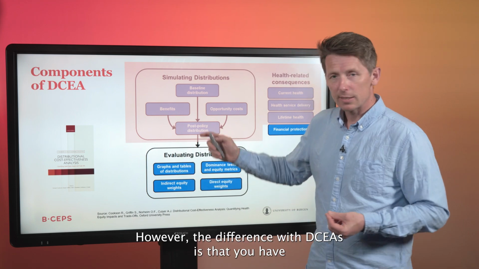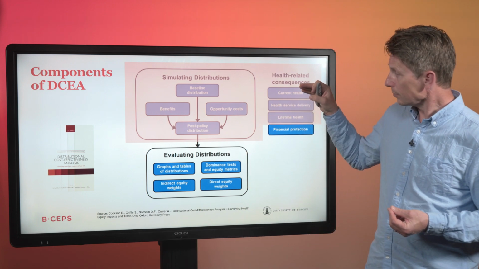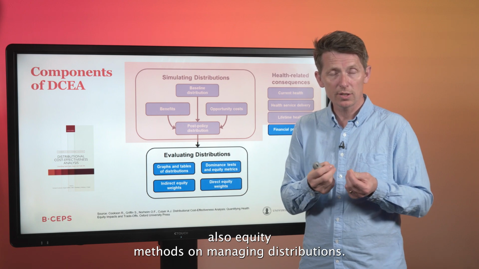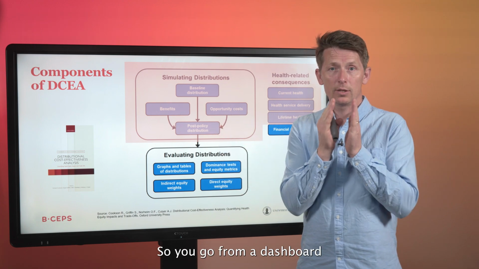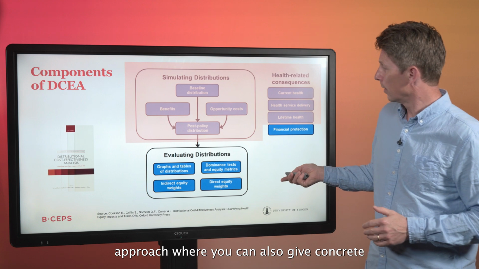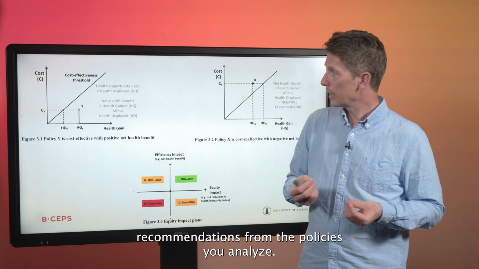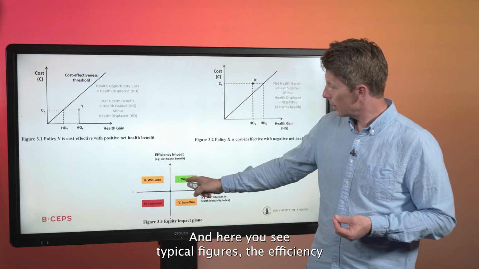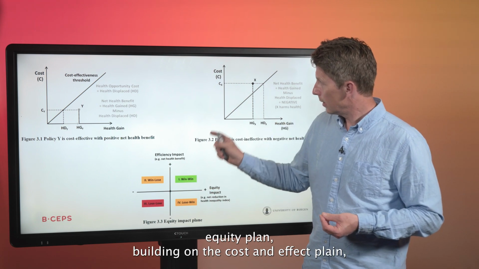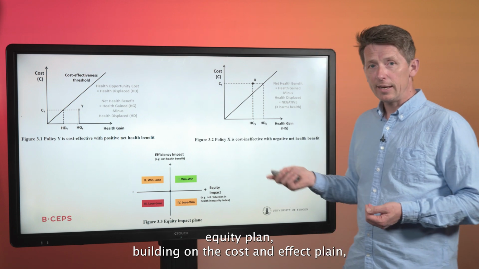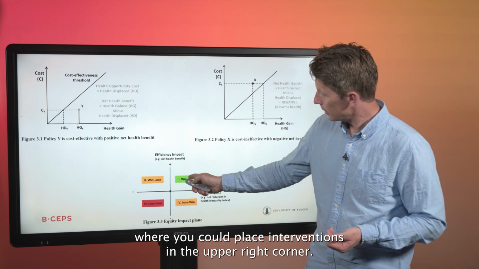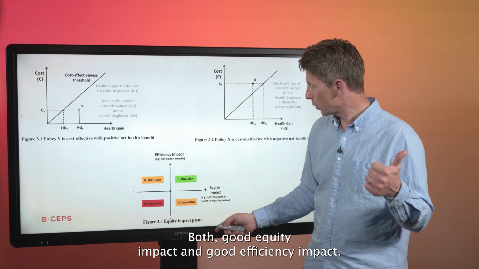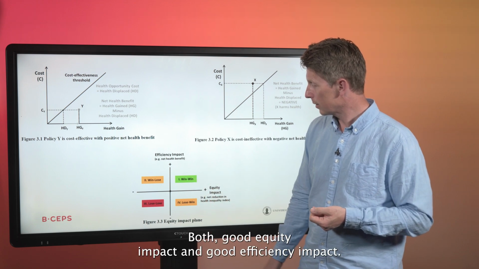However, the difference with DCEA is that you also have equity methods on managing distributions. So you go from a dashboard approach to where you can also give concrete recommendations from the policies you analyze. And here you see typical figures, the efficiency equity plane, building on the cost and effect plane, where you could place interventions in the upper right corner, win-win, both a good equity impact and good efficiency impact,